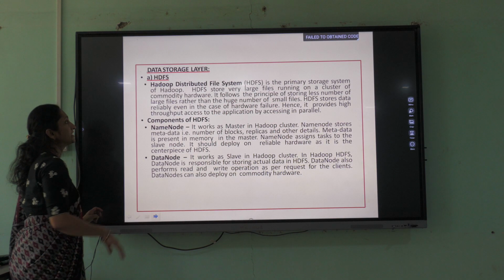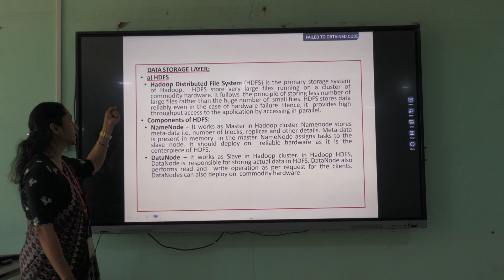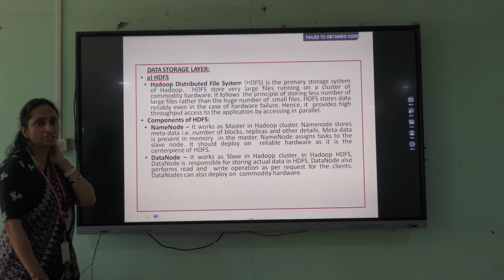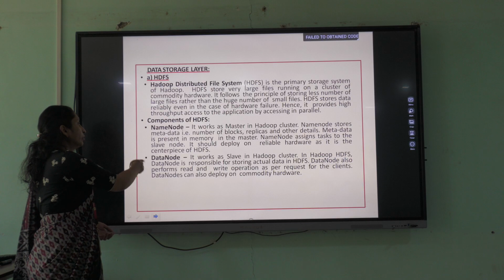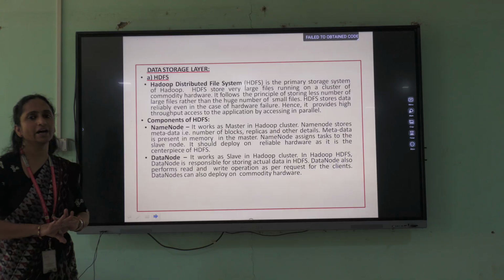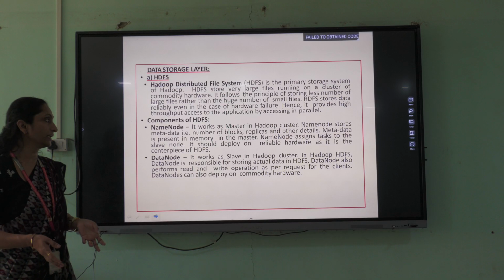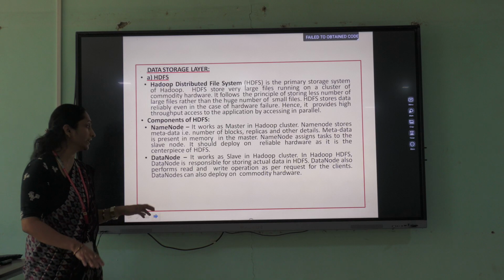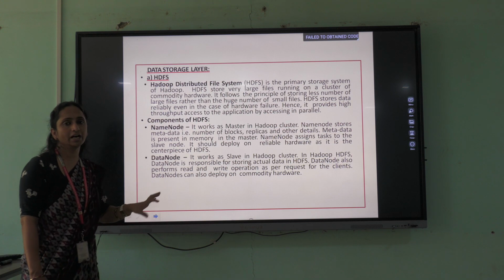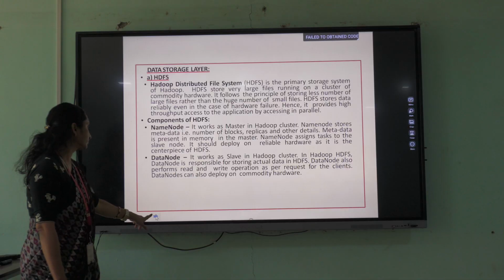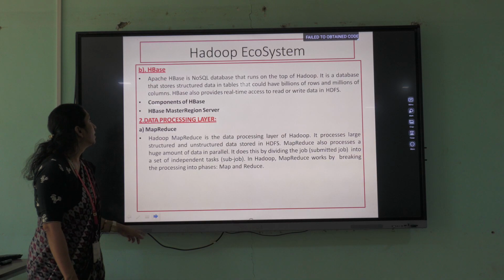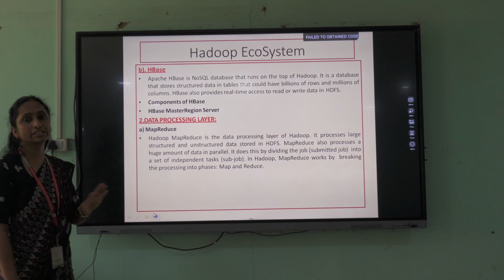So data storage layers we have here. HDFS we all know, Hadoop Distributed File System, and components of that, name node and data node. So name node has the metadata about your client and application. Data node has the actual data that the client is interested in. And HBase is also similar to the